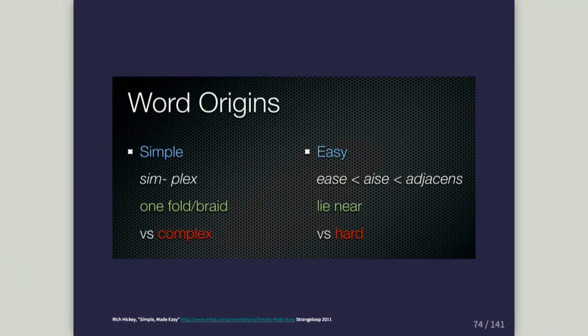So let's talk about what is simplicity. All right? And that might seem like a goofy question, right? Oh, what is simplicity? It's kind of like, have you ever looked at your hand? But simplicity is pretty hard to define. And my favorite definition comes from a talk by this man named Rich Hickey, who writes the Clojure programming language, in a talk called Simple Made Easy. And here he defines the word simple as coming from the terms sim and plex, where sim stands for one and plex means a fold or a braid.